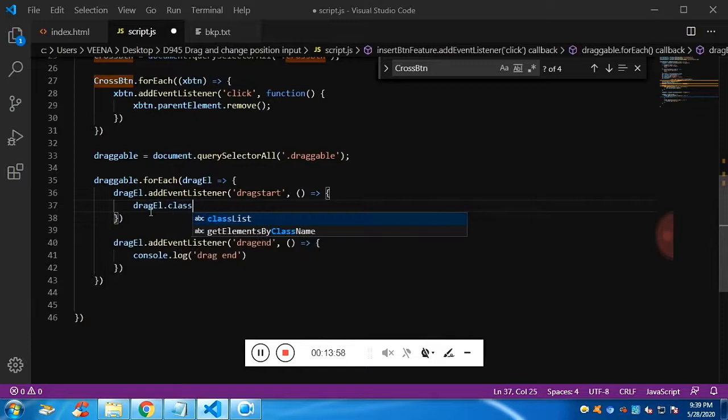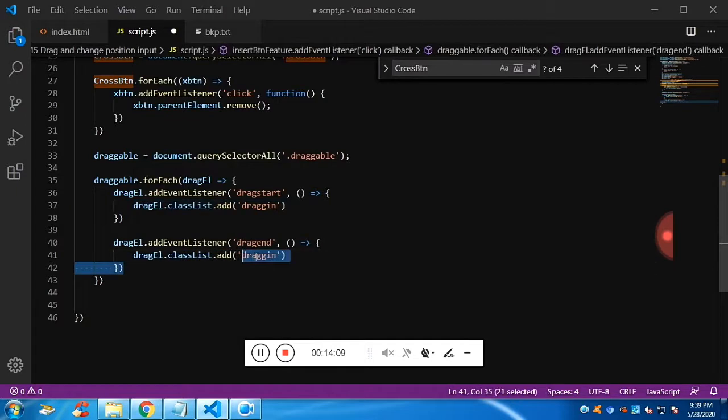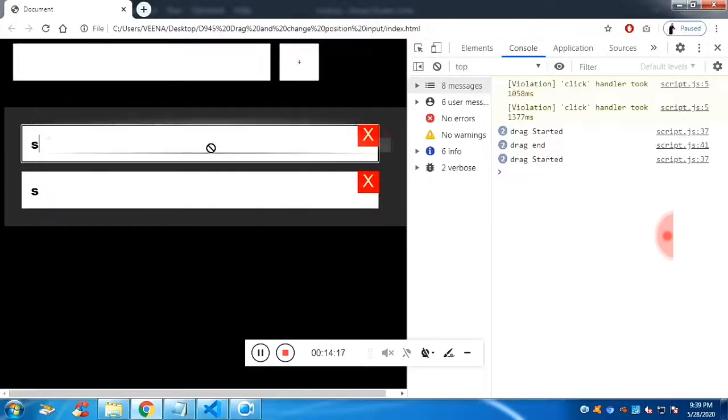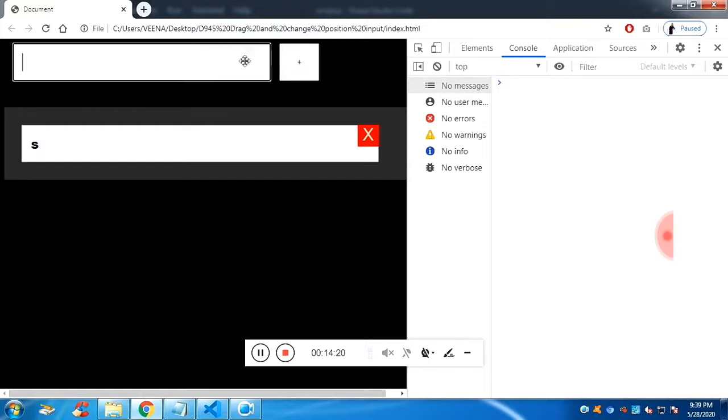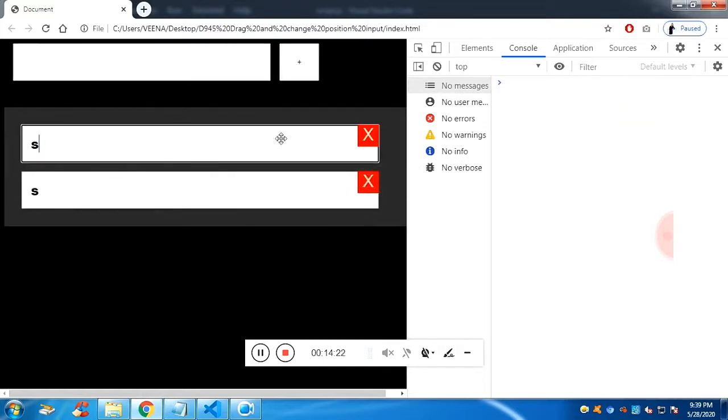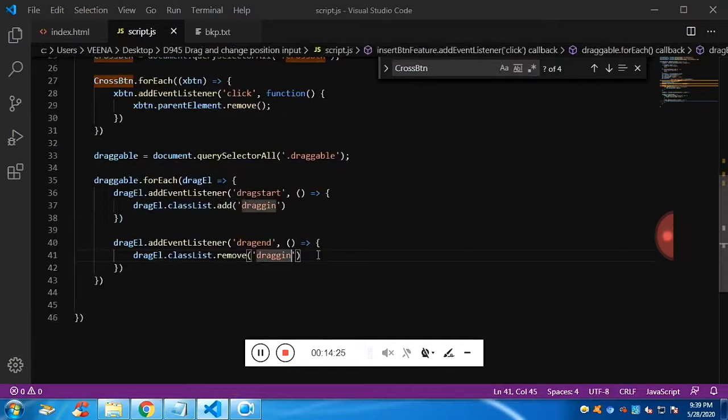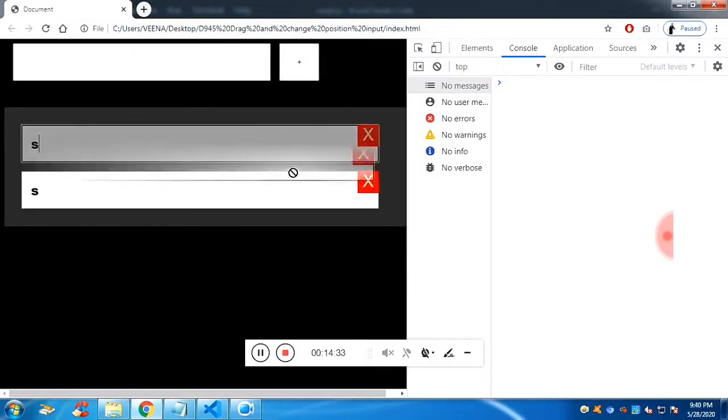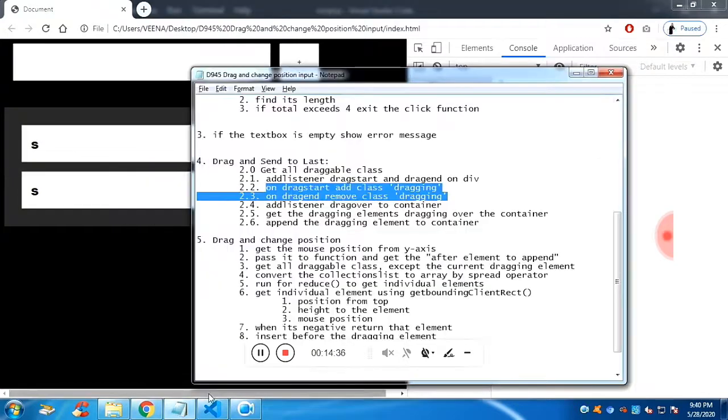Now I want to add a class called dragging, and what this dragging will do is give the CSS style by making the opacity a little bit down. You can see I have made a mistake in the spelling of dragging. This is how it looks before adding dragging. You can see the text fields are not dim. Now if you change the spelling, if you add the proper class, and I try to drag, you can see the input field gets the opacity a little bit dull. Fine. Now